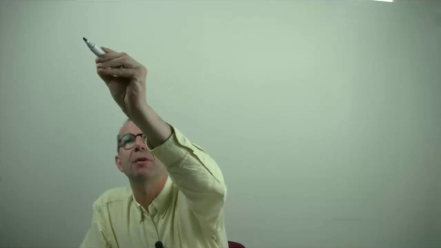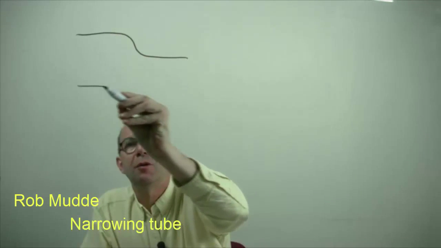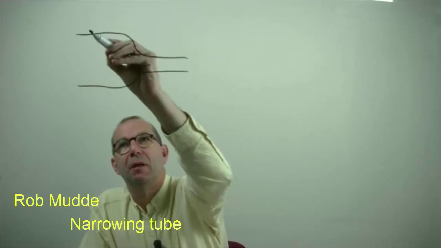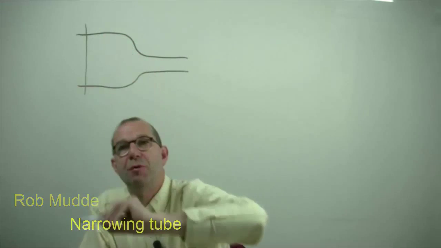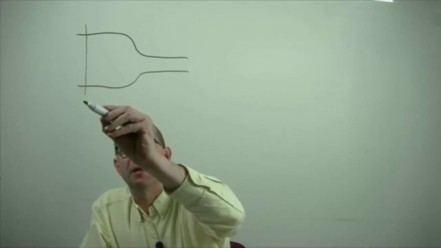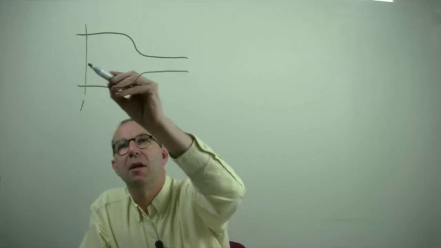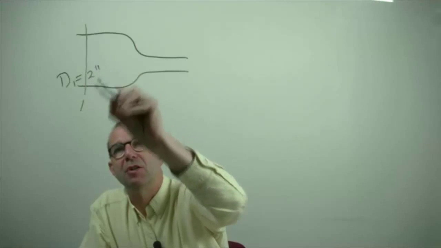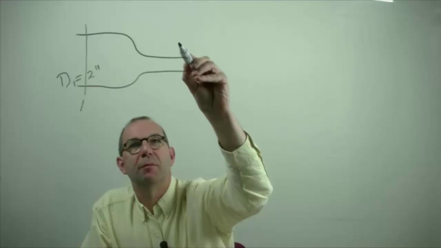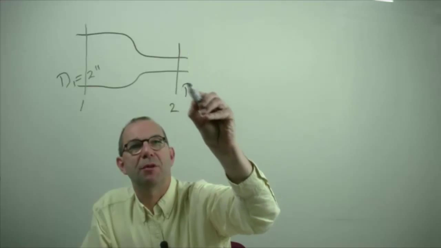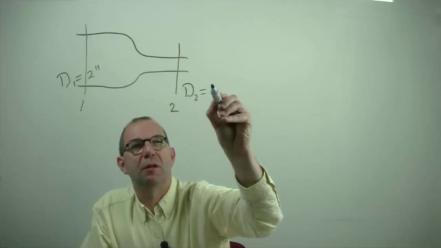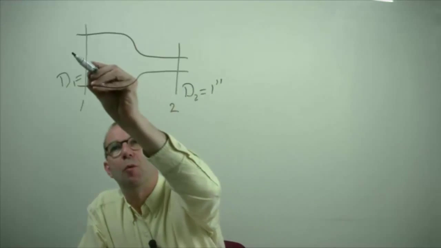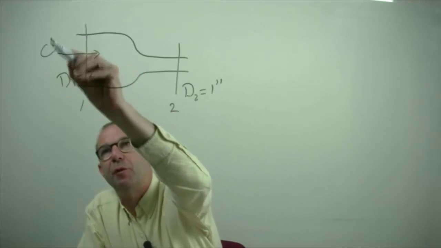In this exercise we're going to take a look at what happens with the flow that moves through a tube that is narrowing. Upstream of the narrowing at point 1 we have that the diameter d1 is 2 inch. Downstream at 2 the diameter is only 1 inch. Water is flowing in at a given flow rate